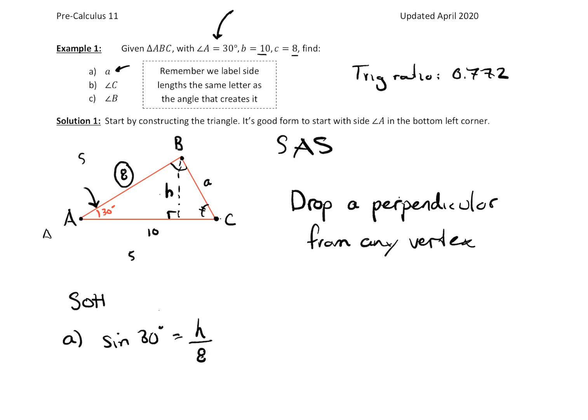And then h is equal to sine 30 degrees times 8, right? So do that calculation, you end up with h equals 4. So what we can do is erase the h and write that this is now of length 4. So how does that help us out? Well, we're getting a bit closer because now what we can do is we have